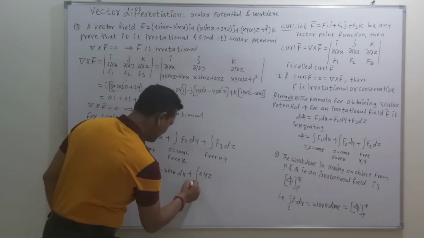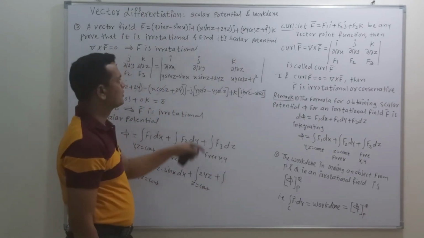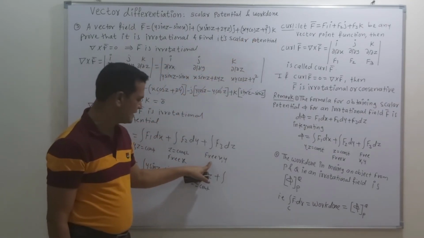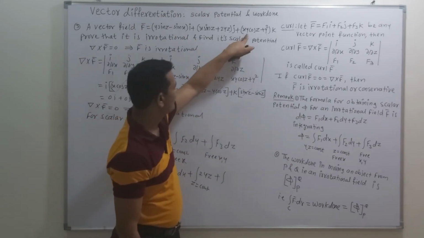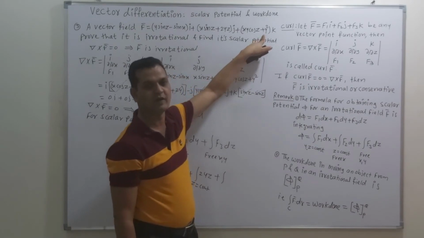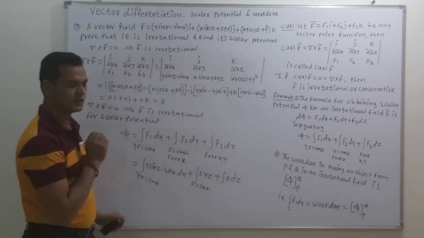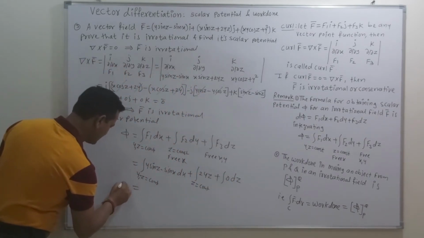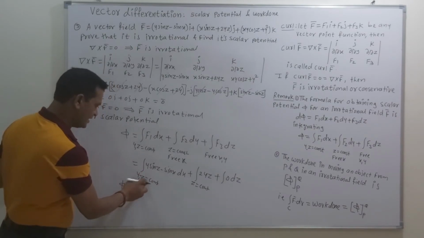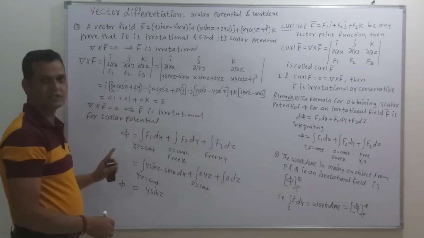So again for this integration, z is constant, plus the integration of f3. So this is the value of f3, but from this value of f3, choose only those terms which are free from x and y. So here x and y are available, that means drop this term. So again here y square is available, that means the y term is available. So that means there is no term which is free from x and y, so 0 is there. So now just find the integration of this term. So we get this as y. Now friends, please try to understand that y and z are constant. So we can write this as y into sin z, which is constant as it is.